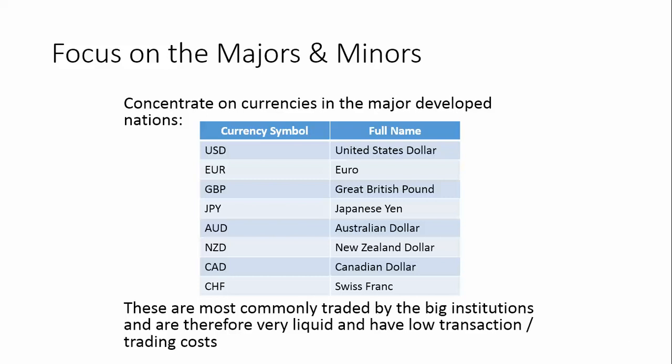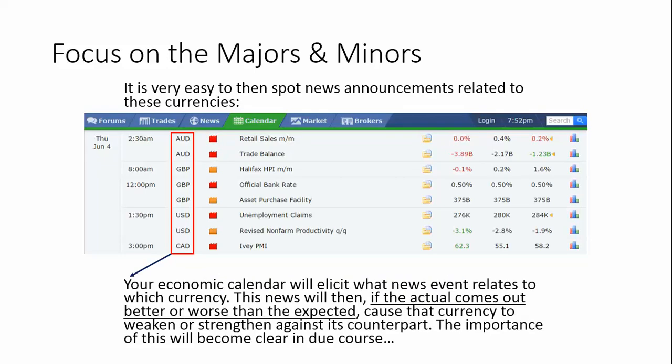And because we know that the big institutions are trading them, remember earlier we talked about how we want to replicate the big institutions? If they concentrate their efforts on these currency pairs, that's exactly what we want to do as well. Now, in terms of being able to spot which news announcements affect which currency pairs, it's very, very easy,